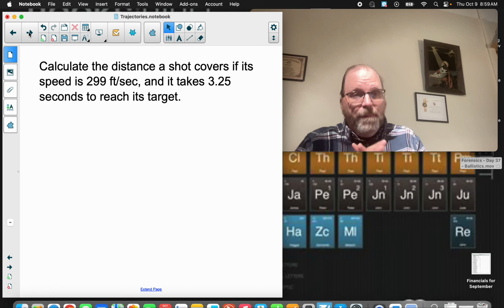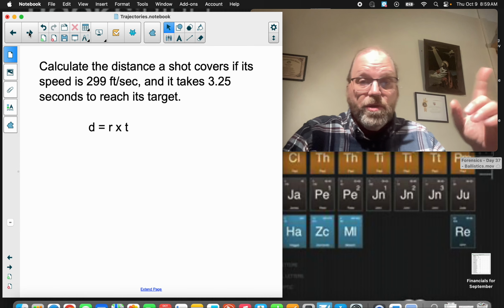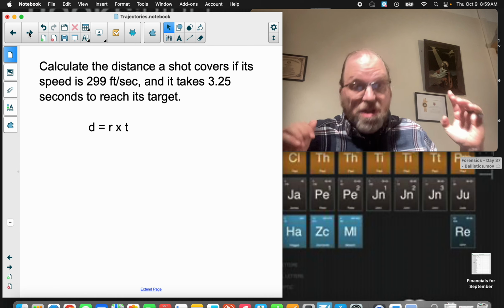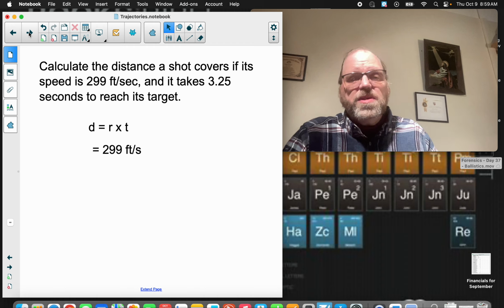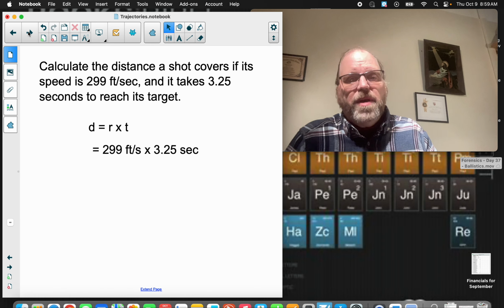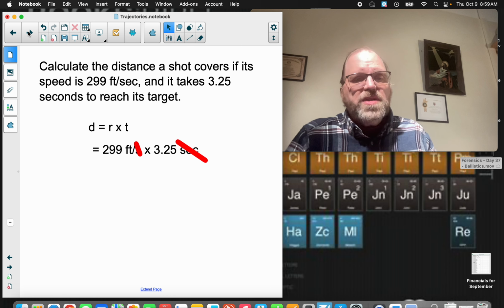All right, and then lastly, calculate the distance of a shot. Now, this is a different problem. Speed of 399 feet per second. It takes 3.2 seconds to reach. Now, we're going to go back to that original equation, but we're not going to have to rearrange it. Just plug it right in there. My speed is 399 feet per second. My time is 3.2 seconds. We multiply them. Seconds cross out. We get